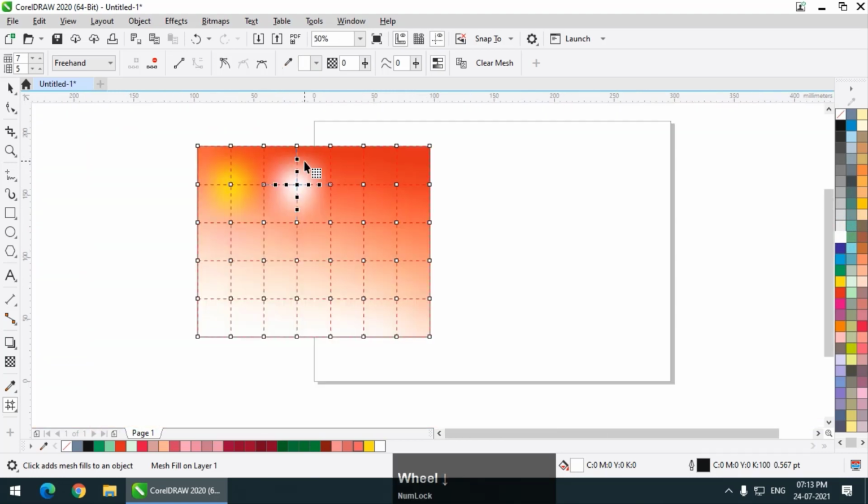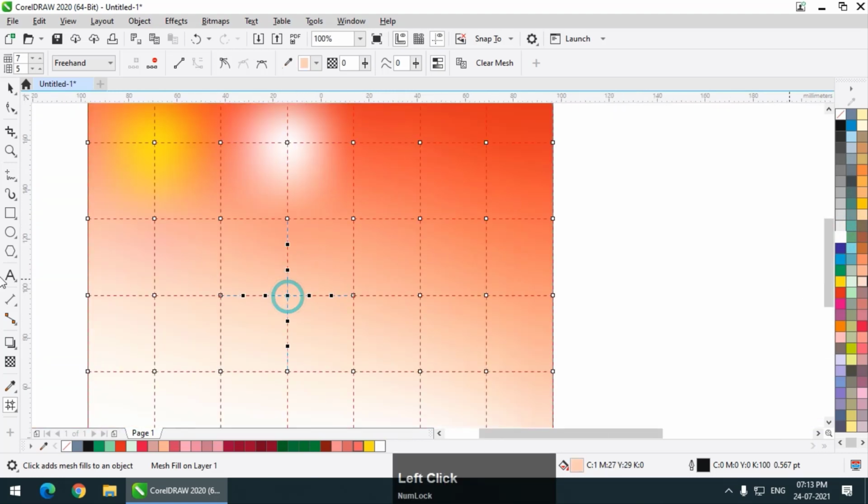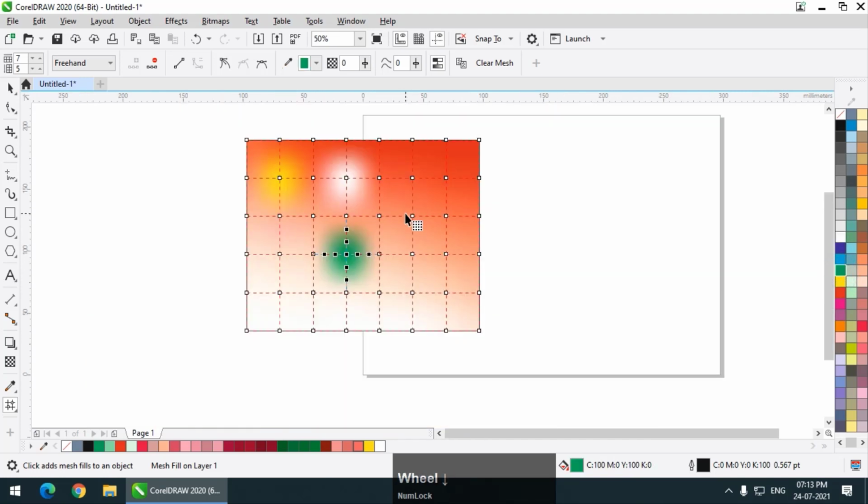It will look something like this. You will wonder what the use of this is. Basically, if you want to create realistic looking shapes, then we can use this particular option, in fashion designing or in any other designs. So this is basically how it can be done.